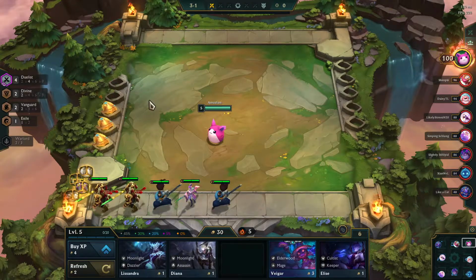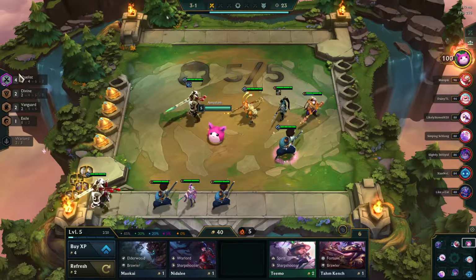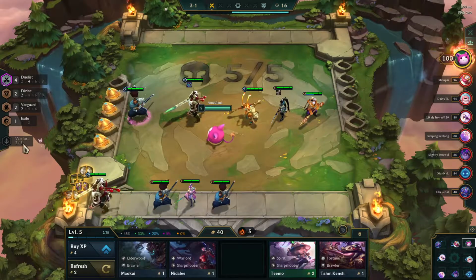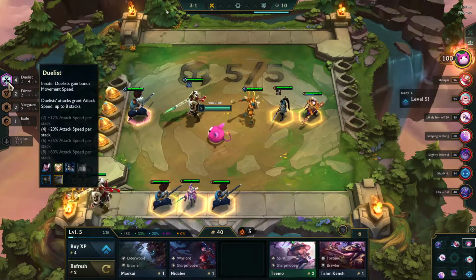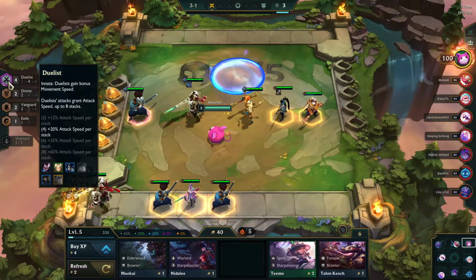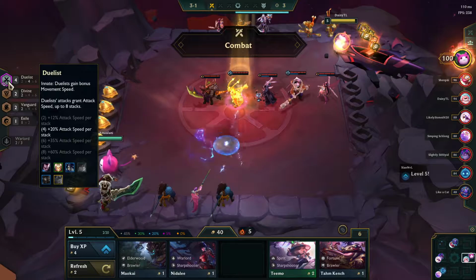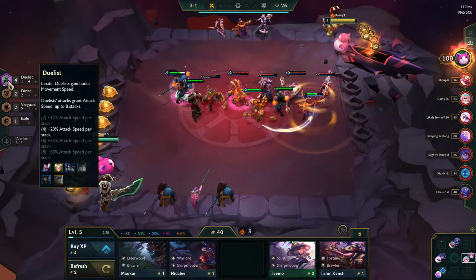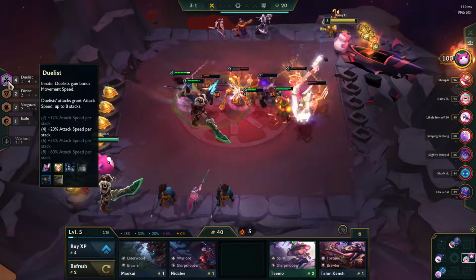Alright, and then I grabbed the Yasuo because he'll give us the extra Duelist. And we'll actually stick him over here by himself. Now, the Duelist, let's go ahead and read them. Innate Duelist gain bonus movement speed. Their attacks grant attack speed up to 8 stacks. For the 4-piece they get 20% attack speed per stack, and the bonus that you actually have will be highlighted in white. The ones that are grayed out are the other set bonuses that are possible for that. So you can get 8-piece Duelist,